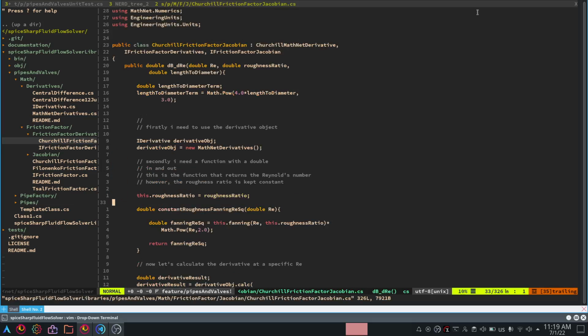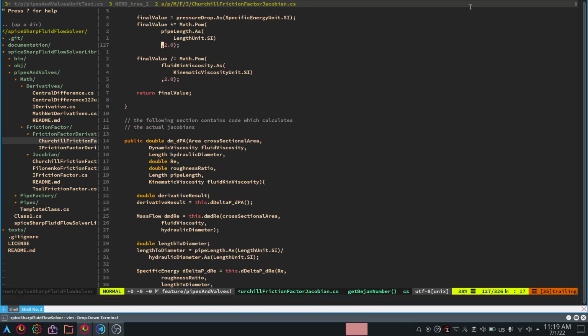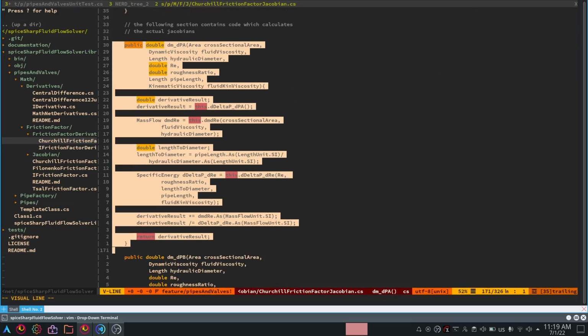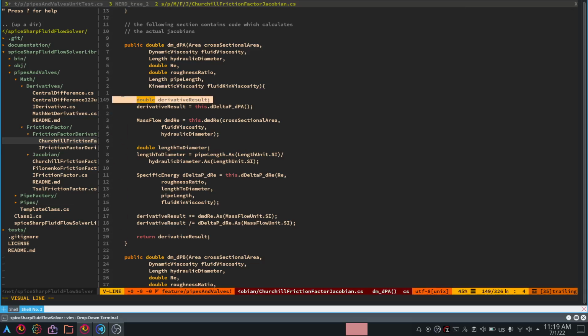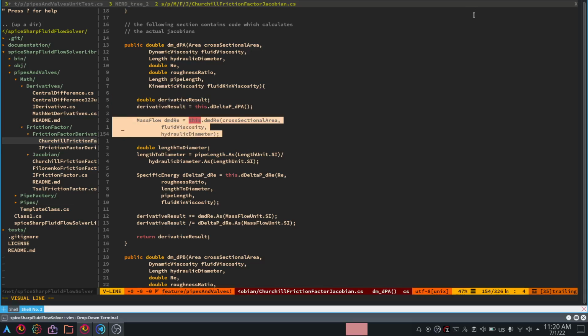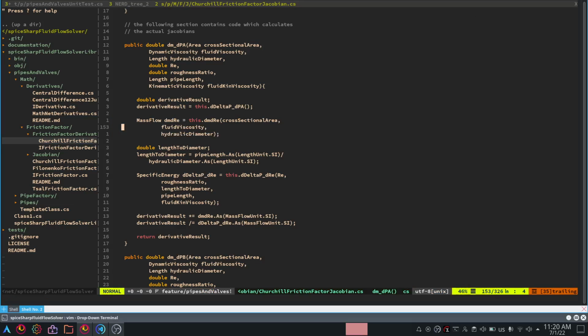Okay, so here we are. What are we looking for? Things like dMdPa, right? dMdPa. So this is how we actually calculate our Jacobian. The derivative result will be of type double. Again, no choice. We have to actually use doubles because we need to put it into the matrix directly. But the mass flow rate will be dmdRe. What is the mass flow rate? Why is dmdRe in mass flow rate units? It's because when we differentiate